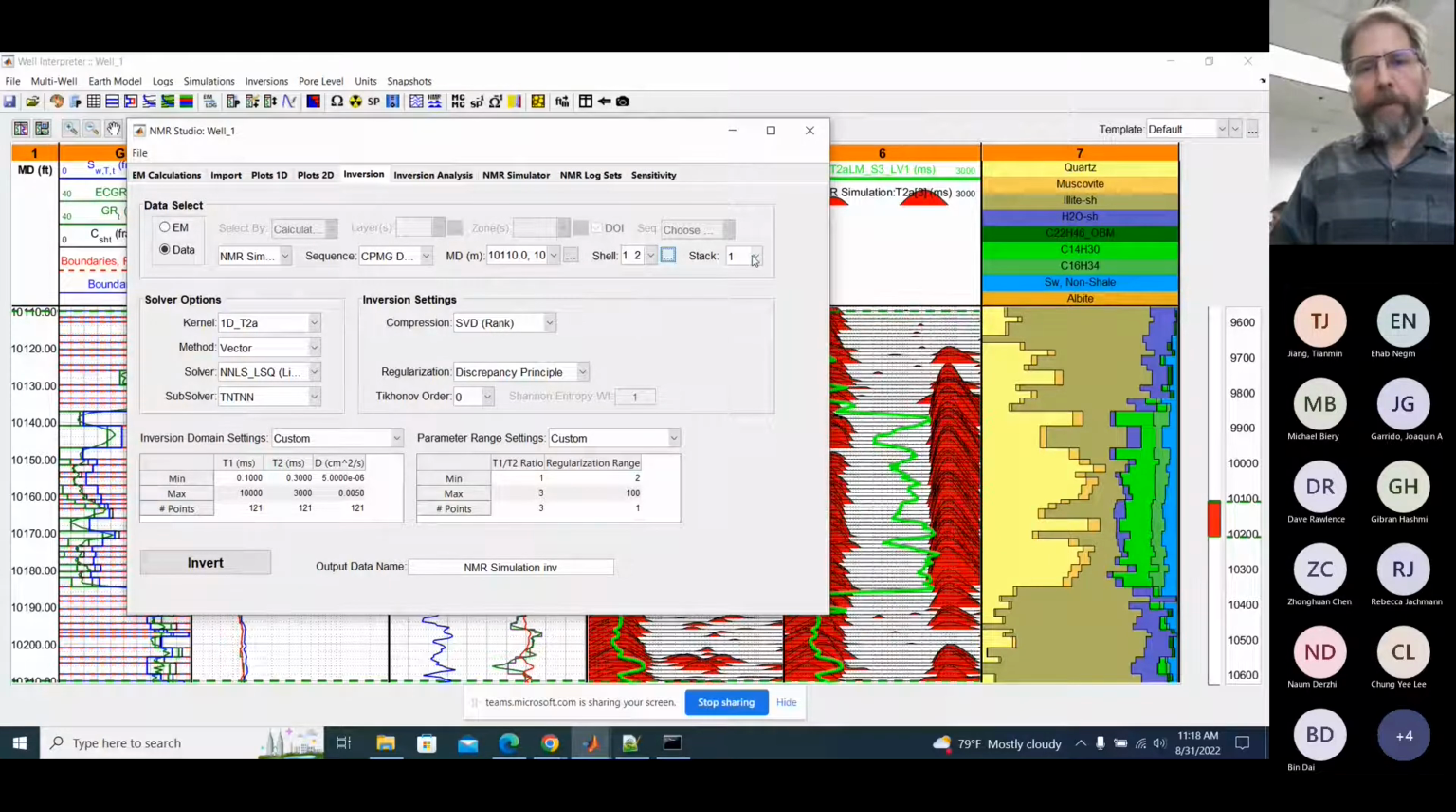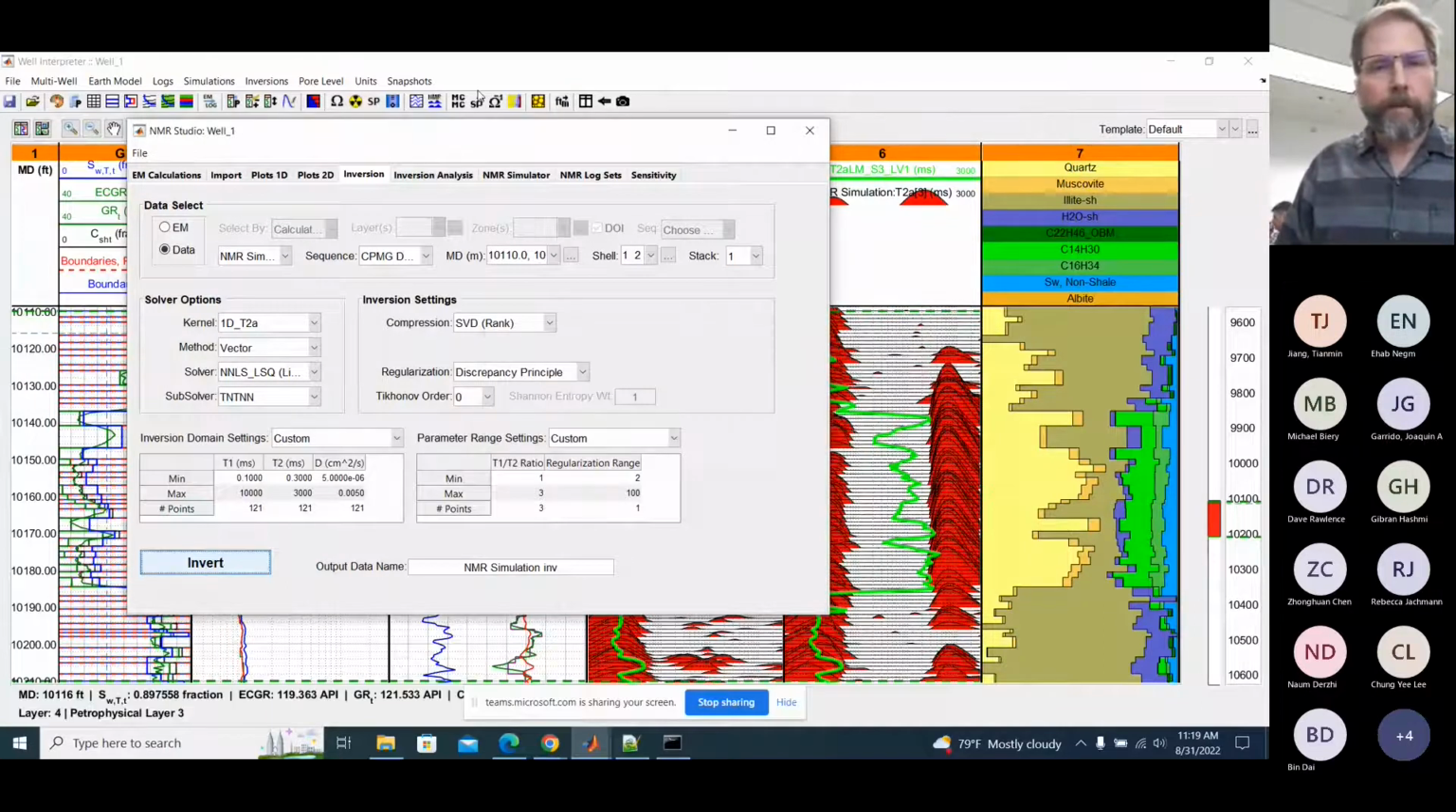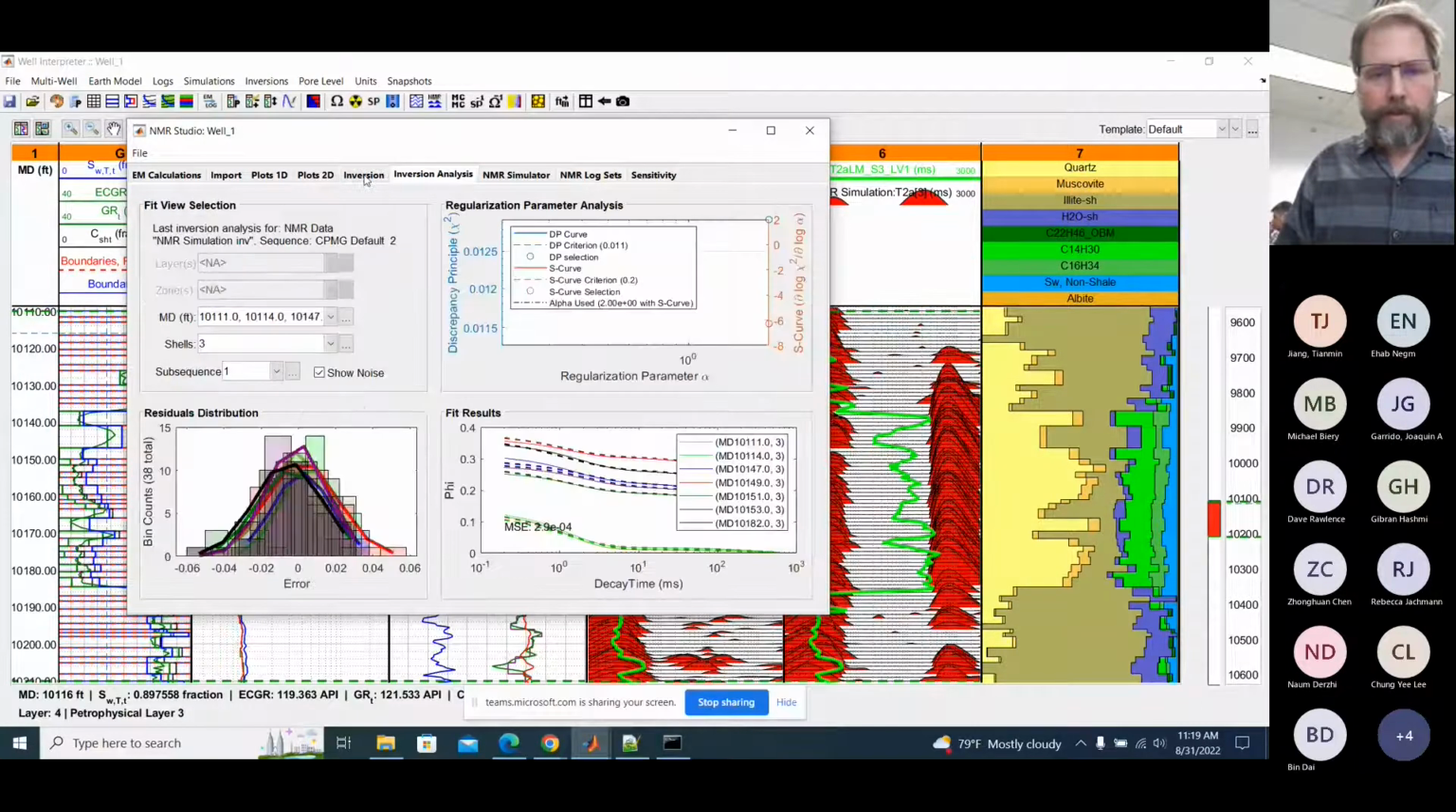And then stack, again, for the time being, we'll leave it at stack 1. So basically the rest of this, we're going to leave at what we had before, and we just want to see the difference between having the mud. So we'll go ahead and invert. And if we want, we can check the inversion analysis. It looks pretty good, actually. A little bit off, but